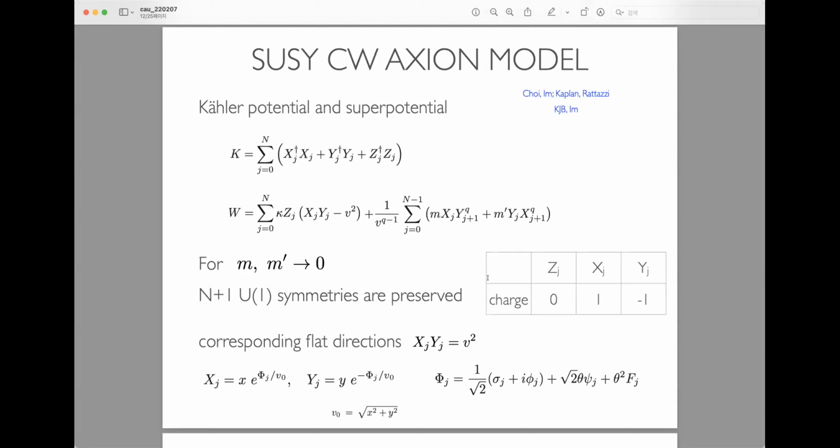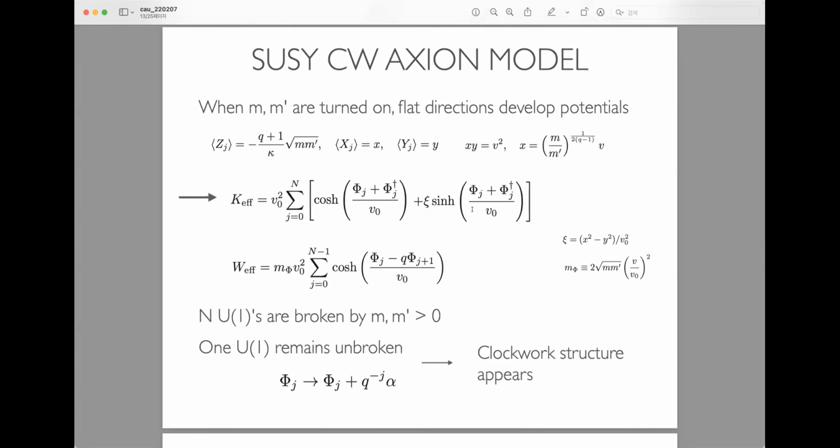Okay, so in the supersymmetric, Peccei-Quinn symmetry preserving limit, let's say m prime is 0, then this direction is flat. So there is no preferred value for x and y, any value is possible while keeping this relation. But when we turn on the m and m prime non-zero values, then it determines the ratio between the vacuum expectation values of x and y. Then if x and y are different, so here you can see the definition of Xi, we can get these cubic terms in the Kähler potential. Actually,